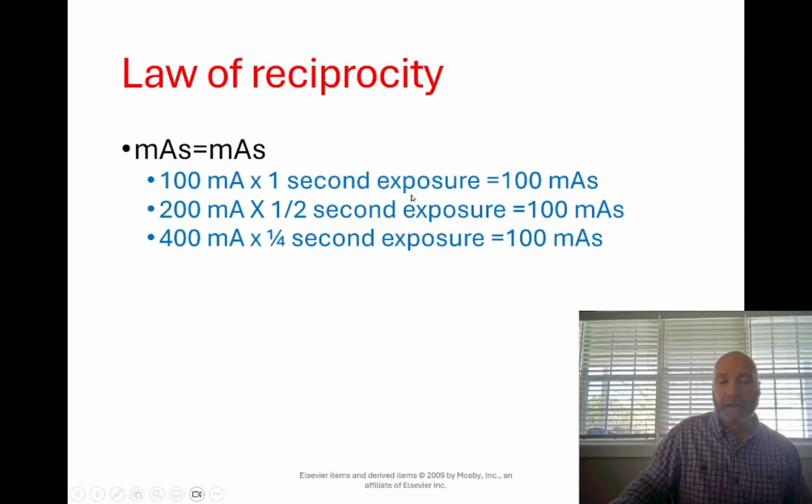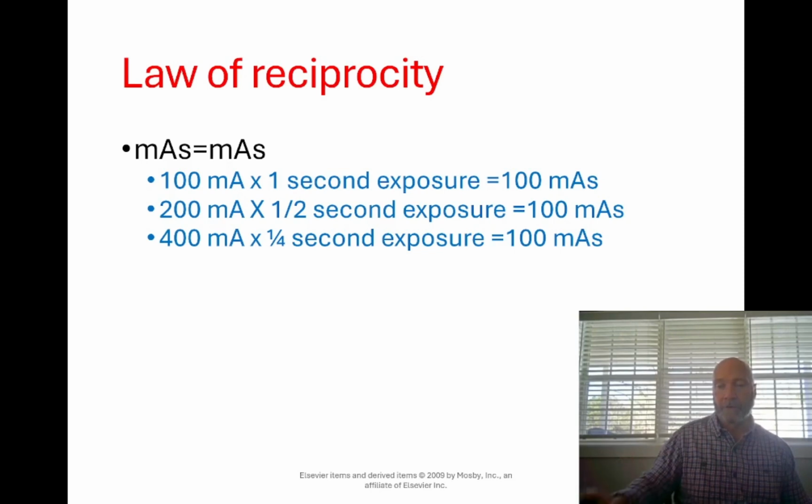So what you're going to get is a relatively long exposure. Most of your exposures are in milliseconds, so you've got a relatively long exposure at 100 mAs. And if you make an exposure on something, you might have an issue with motion with a patient. So what you might want to do is increase your mA and reduce the time, and that would reduce your likelihood of having